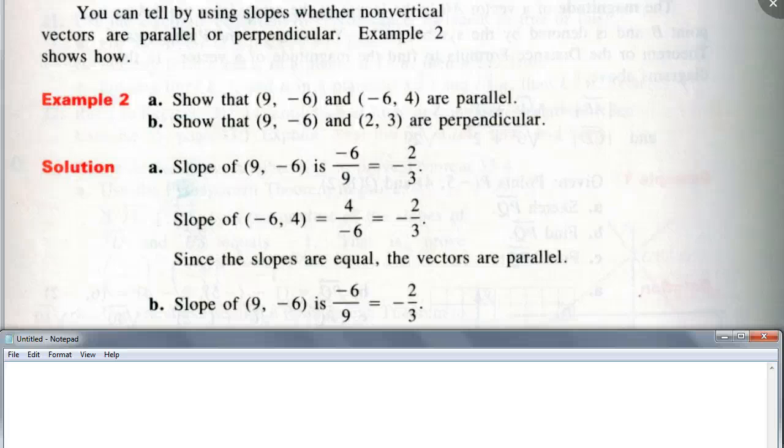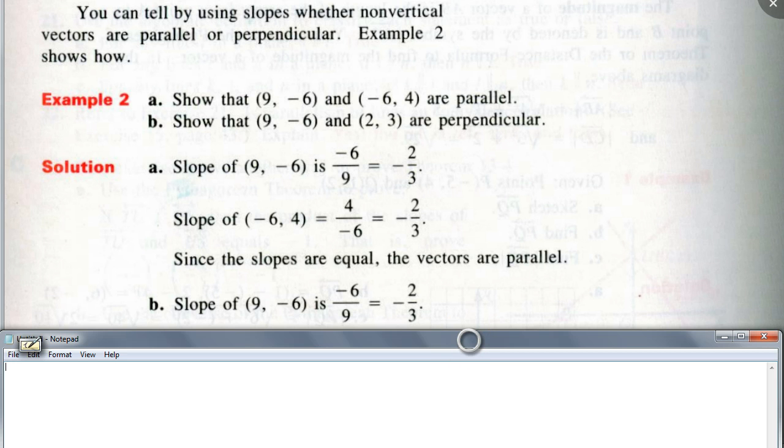No, actually, if you look at, these are vectors, right? 2, 3, right? So the change in x of this vector is 2. Change in y of this vector is 3. So the slope is simply 3 over 2, isn't it? Yeah, you don't have to do any calculation. If they give you the ordered pair for the vector, they're giving you the change in x and change in y. So you just write it in the same